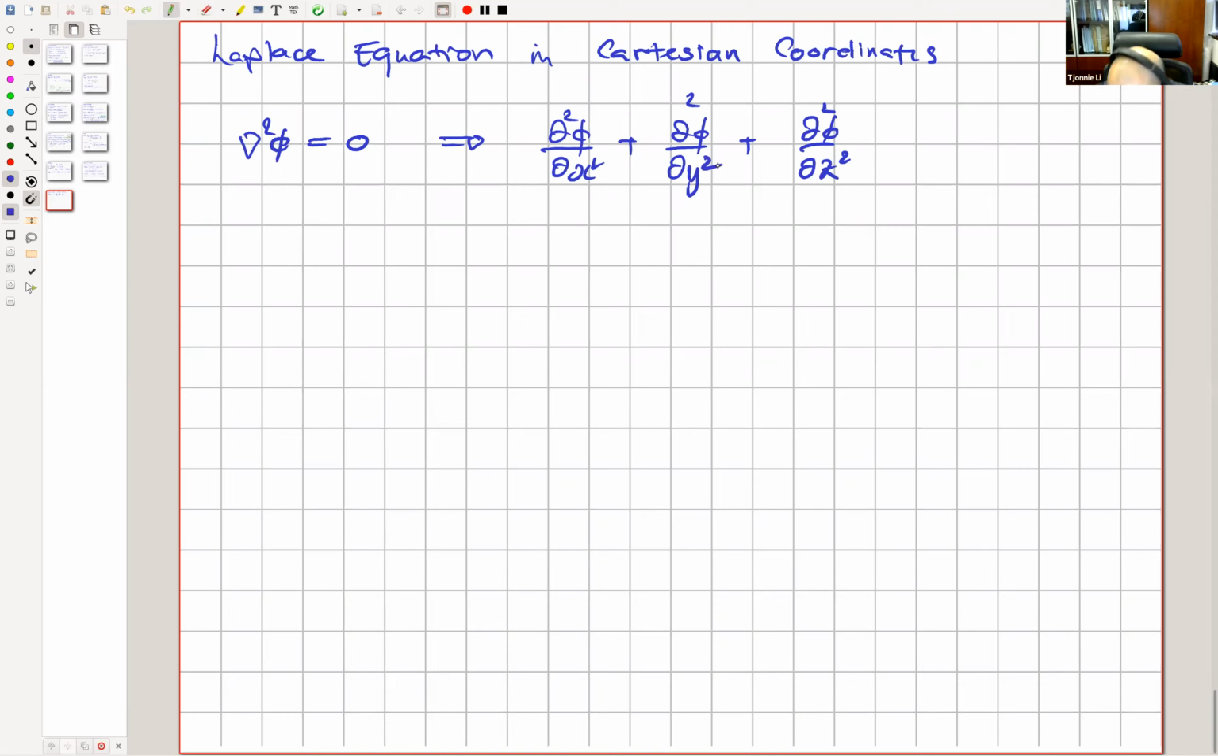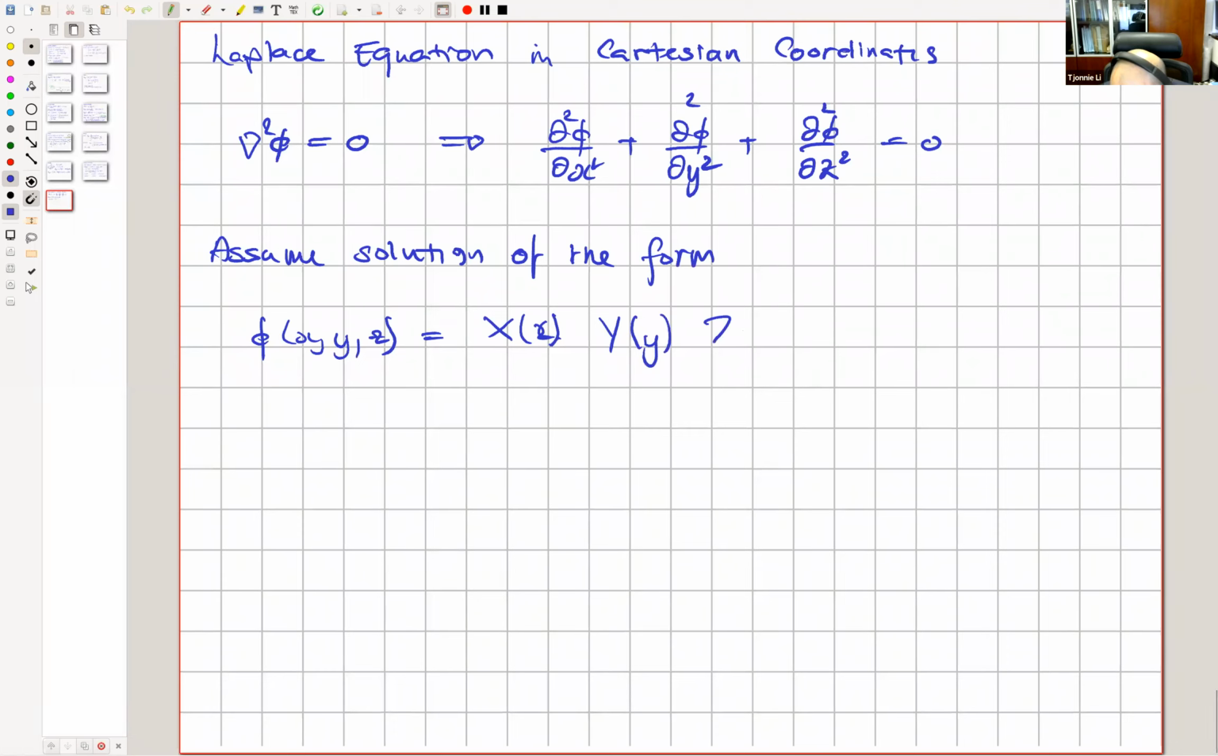Squared equals 0. And so now what we'll see is that we actually can get useful solutions out if we assume a solution of the form phi of x, y, and z is given by big X as a function of small x, big Y as a function of small y, and big Z as a function of small z. So then the Laplace equation